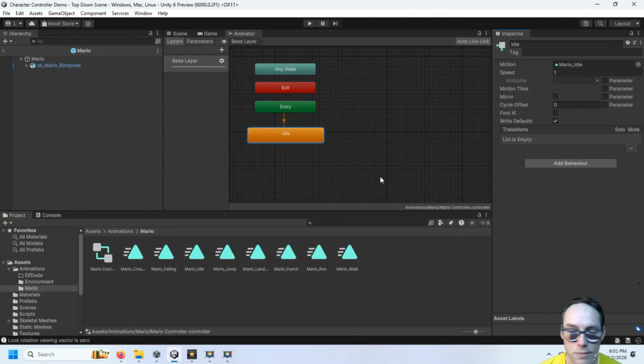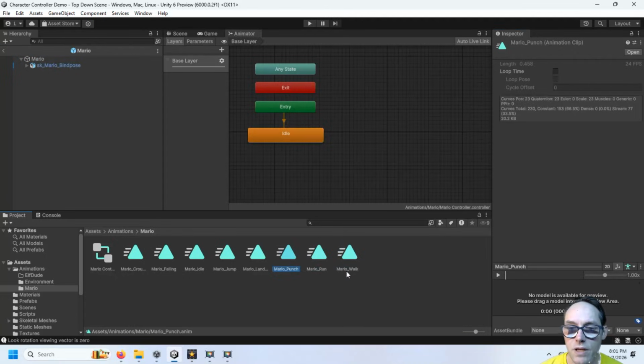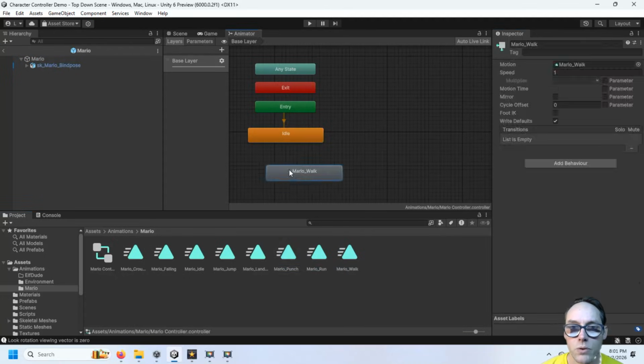However, it can be a lot simpler than that. All I really have to do is take any of these animations here and drag them in to create a whole new state. Now I do want to keep the names pretty consistent when I search for them, so I'm just going to name this walk here. And you might be like, well, why would you do that and name these ones Mario Walk? That's in case I search for the menu, I know what they are, I have an identity for them. But inside of the state machine, if we ever have animations that are repeated across other characters,